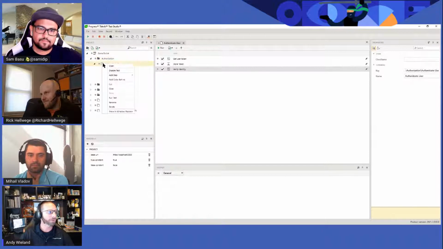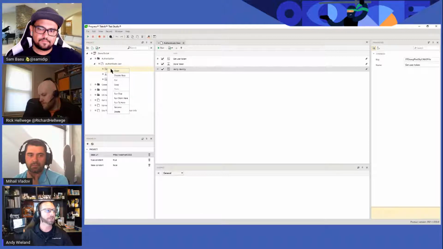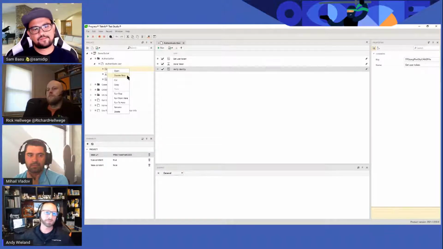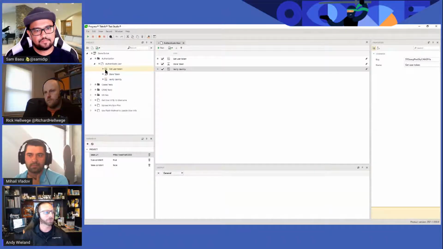And then below that, we actually get into the API test level and even into the step level. So in the web project, you have project folder test, and then maybe some code behind files that might be associated with tests. But here you can actually get all the way to the step level just from this project navigation.